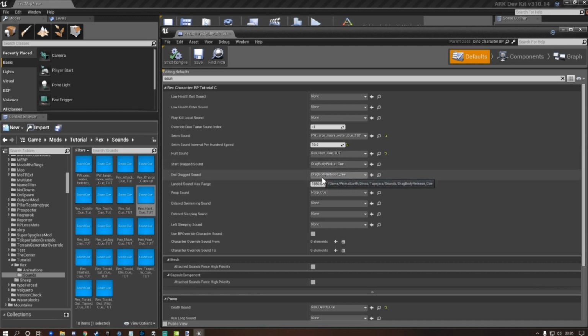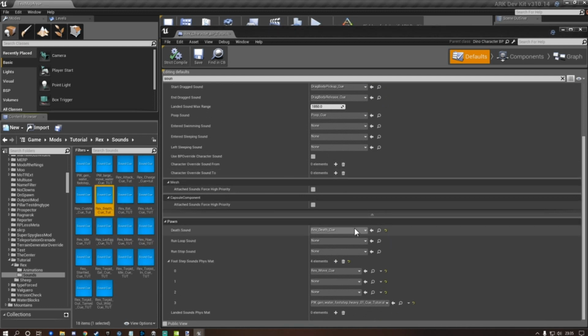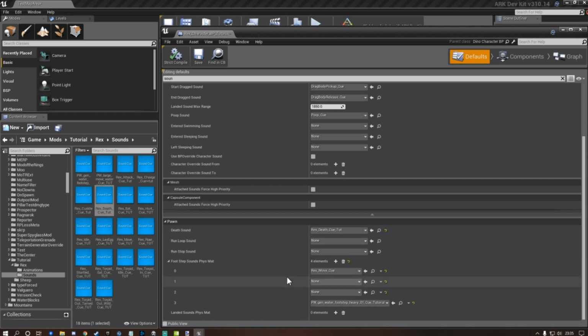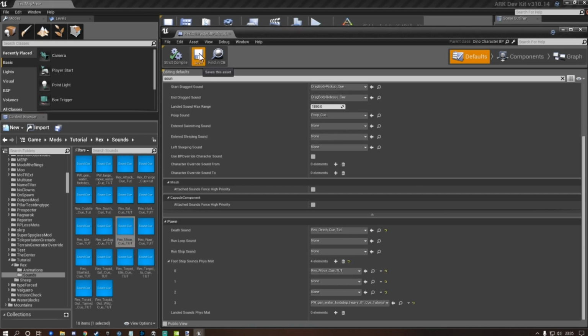The drag body and drag release, we will leave, okay? As well as the poop queue. Let's not mess with that. The Rex death queue we can change. And the Rex move queue we can change. So now we've replaced all of the sounds in the blueprint,